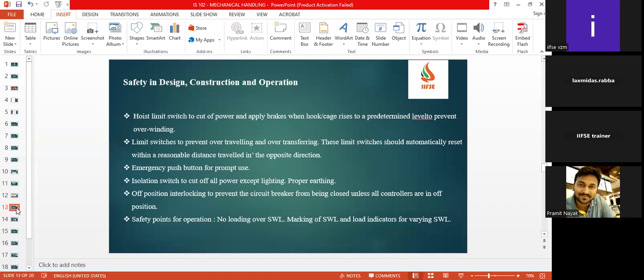Then position interlocking to prevent the circuit breaker from being closed unless the controls are in the off position. The safety points for operation: no loading over the SWL, marking of the SWL, and load indicators for varying SWLs. So these are a few safety cautionary signs we should place where we have a regular